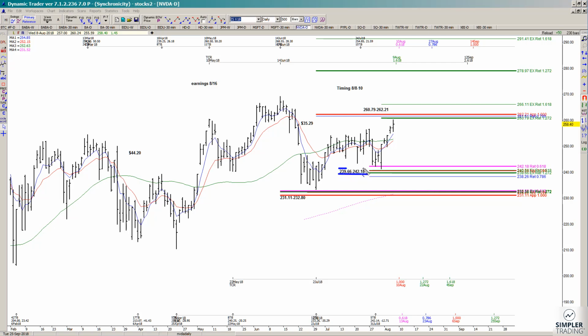239.66 to 242.18 area. That's in NVDA. This was the confluence of a 618 retracement of one swing, a 100% projection of another swing, a 1618 extension of another, and a 1272 of yet another swing. So we pulled back into that support, it held, it triggered an entry, and your typical target that we have